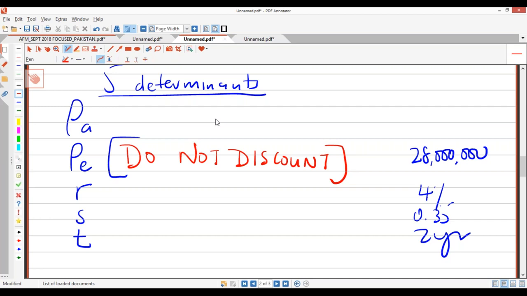Okay, we don't want to go into so much detail. Just go and answer and come out from the exam hall. That's it. Don't need to explain so much to the examiner. Just calculate and come out. Don't go and explain whether this is discounting or not. No time to explain to the examiner. Today I can explain, but in the exam, do your job, come out, and wait for results. It'll be a pass, okay?